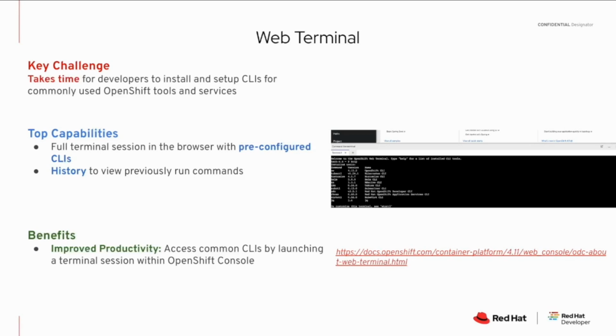As the screenshot shows, it's pretty rich. You have your pipelines CLIs in there. You obviously have OpenShift OC. You also have the GitOps one. So there are a lot of commands that are available for you to start using right away. This way, all your common CLIs can now be launched in a terminal session within the OpenShift console.